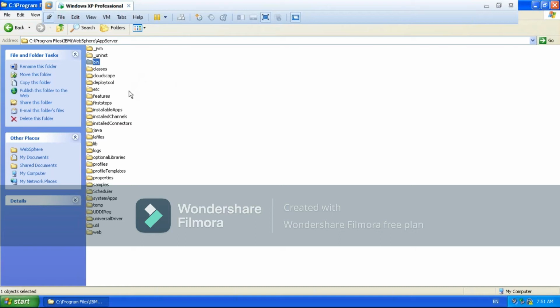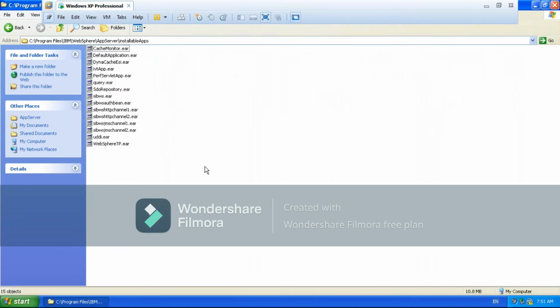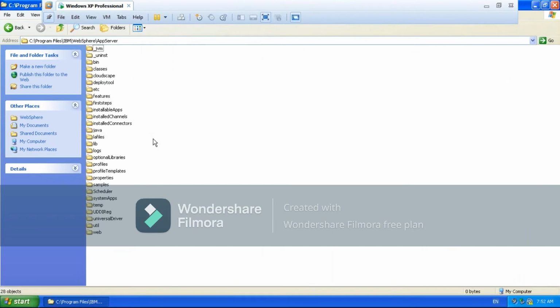Please go through all those folders. What is there? Installable apps, installed channels. What is installableApps? The EAR file which you are going to deploy, you put in the installableApps folder.